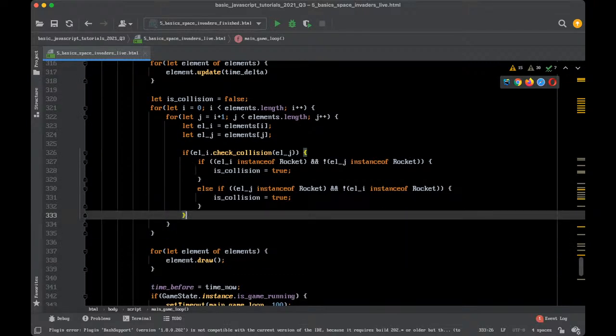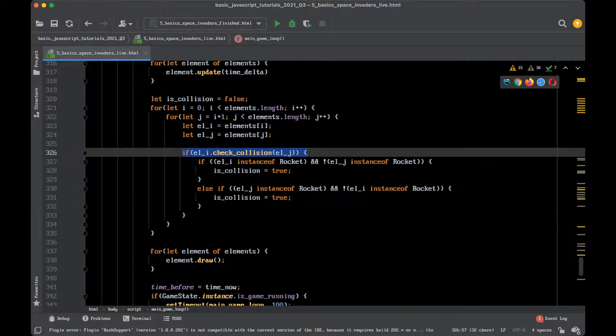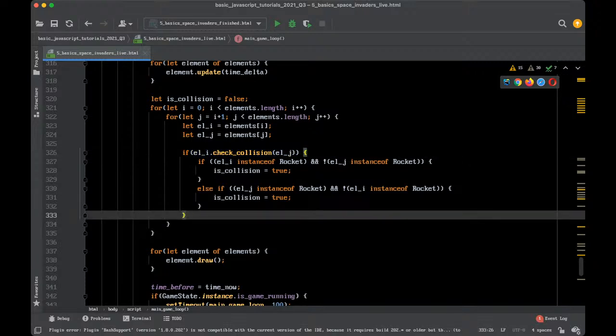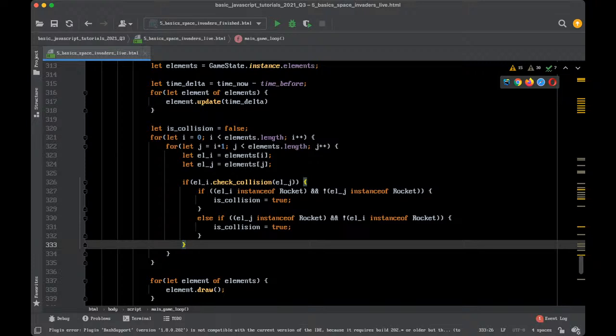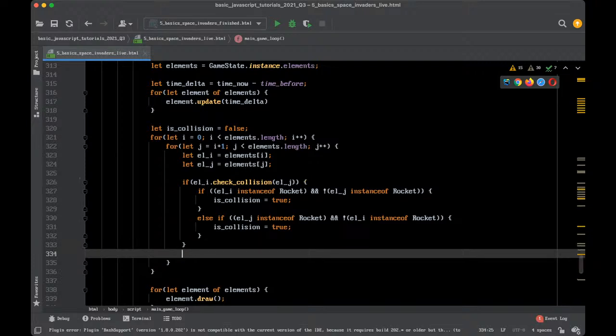So this part of the code is definitely not optimal. If this would be a production game, it would not be acceptable. It's just trying to make the code a little bit simpler. So then maybe you have better ideas how to write it without extensive conditions. So if this is collision